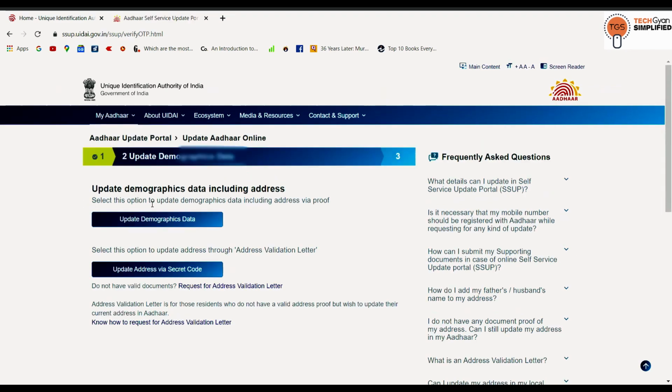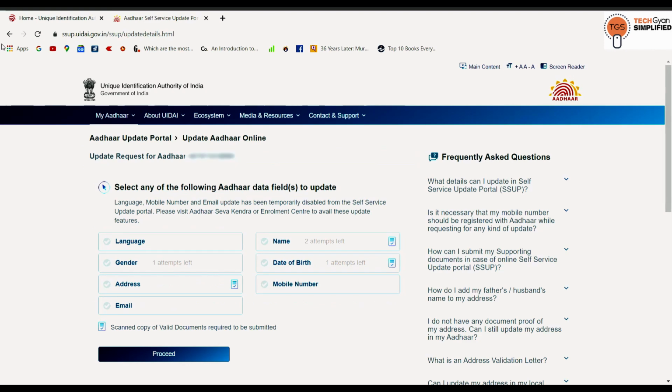So there are two options here. The first option is for people who want to change address via address proof. The second is for address validation letter. So we will proceed with the first option, that is via proof. Click on the first option.